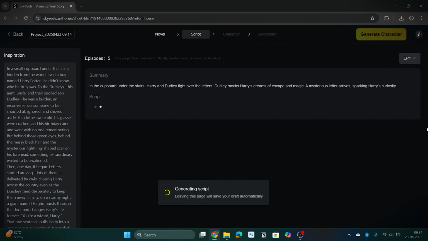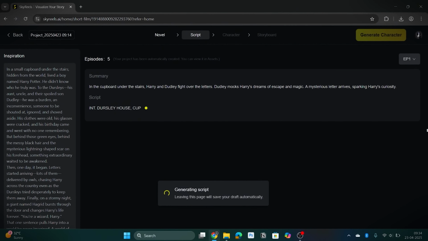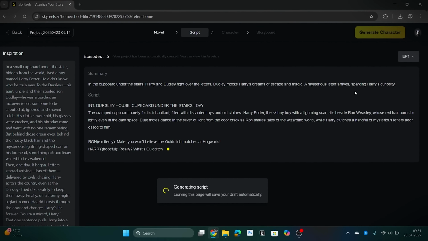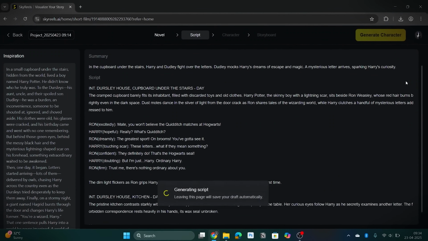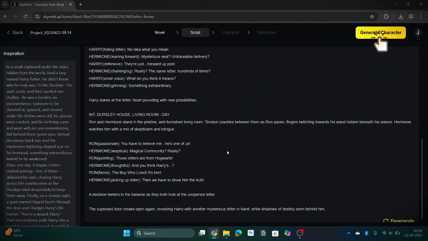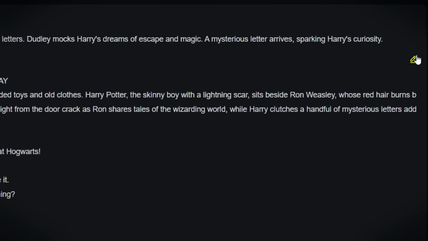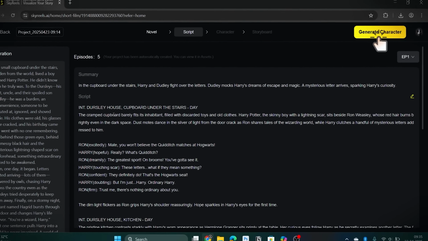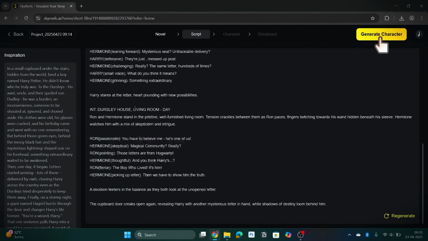Now what this AI will do is that it will analyze the inspiration given by you and itself write a script for you. A script which will have dialogues and a story too. Meaning you literally don't need to use your brain. This AI will do all the work on its own. If you even want, you can edit any part of the script as per your wish. But for me the script is perfect right now.